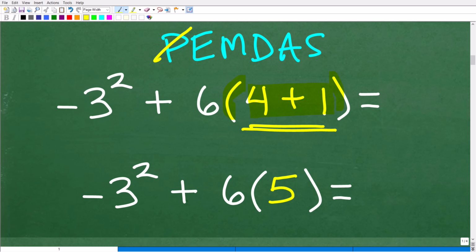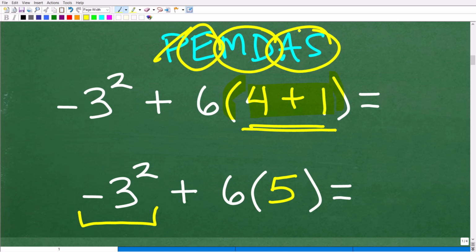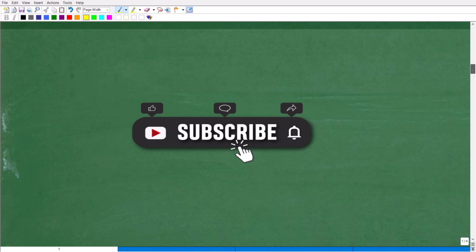So next thing on our list is exponents, powers. So do we have any powers? Yes, indeed, right here. So we're going to have to take care of that before we move on to any multiplication or division and addition and subtraction. And this is the part of the problem that tends to give a lot of people confusion. And I'm going to answer exactly how to handle this situation in just 1 second,